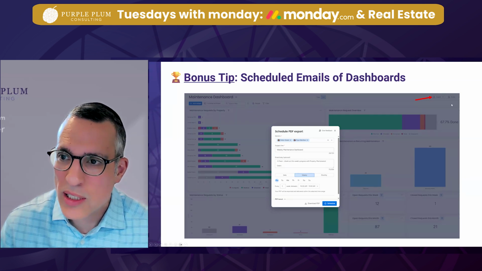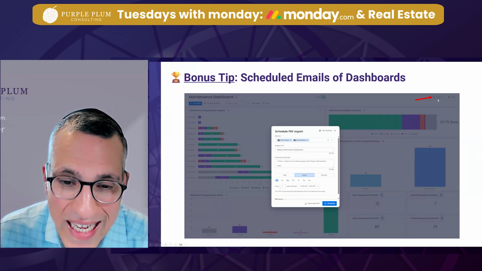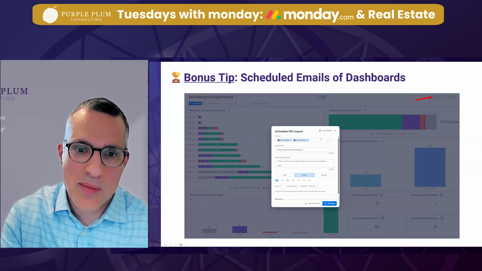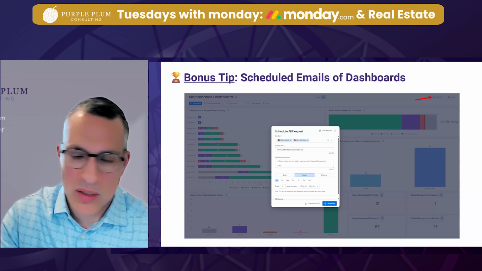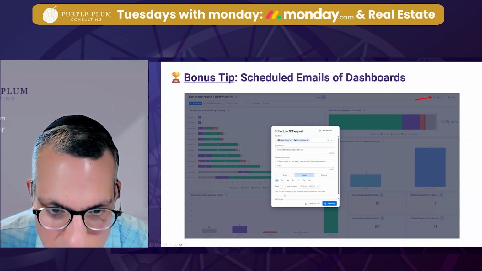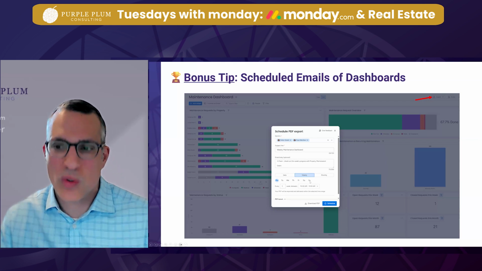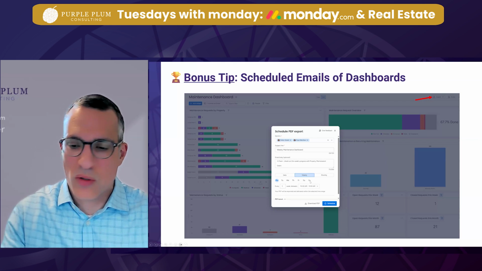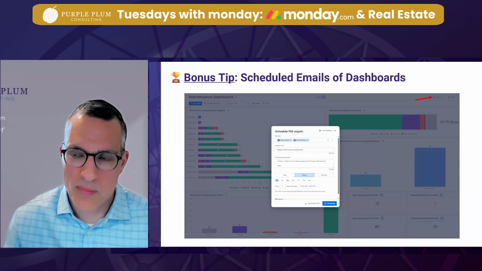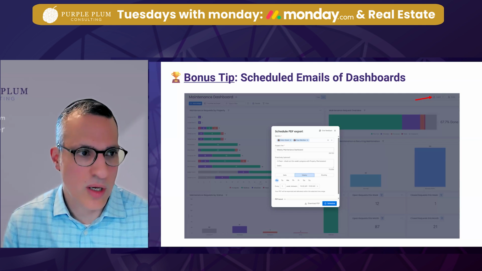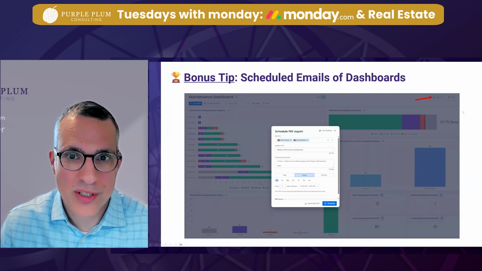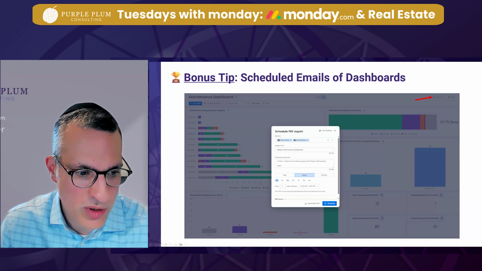So what you can do is click on this export button on the right-hand side and schedule a PDF export to be delivered to a team member's inbox on any kind of cycle. In this case, I'm choosing to send it to myself and to Naya on a weekly basis every Monday at 10 a.m. And we will get a PDF version laid out like this dashboard in my inbox on my phone, and that makes information dissemination a lot more automated and intuitive. So that's our bonus tip: scheduled emails of dashboards.